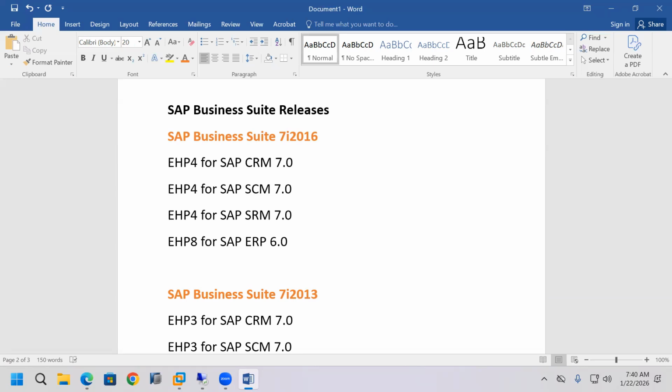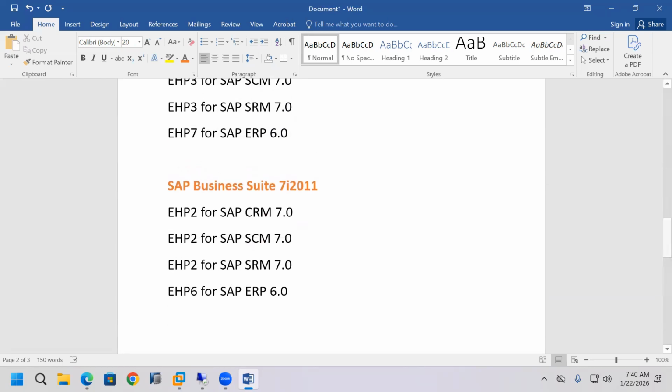So inside SAP Business Suite 7i 2016, which version of the SAP applications is there? Inside SAP Business Suite 7i 2013, which versions of the SAP applications are there? Inside SAP Business Suite 7i 2011, which version of the SAP applications is there? If we know this, it is easy. So in a company,